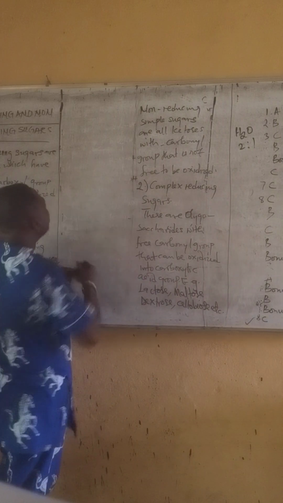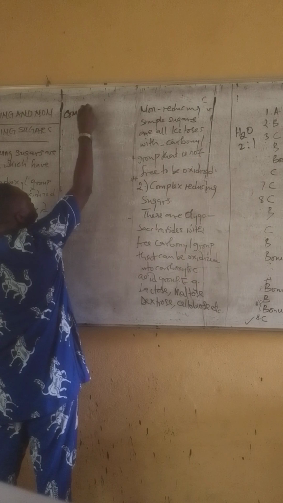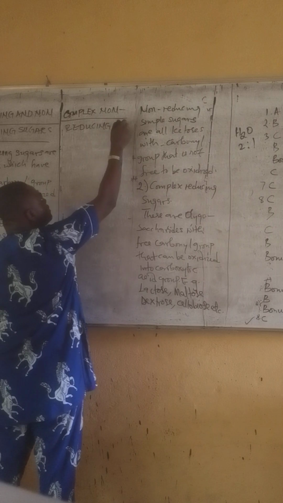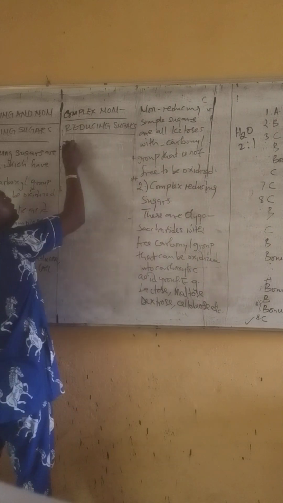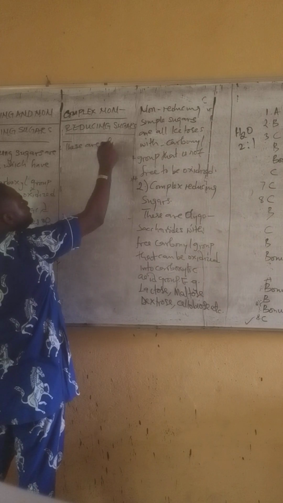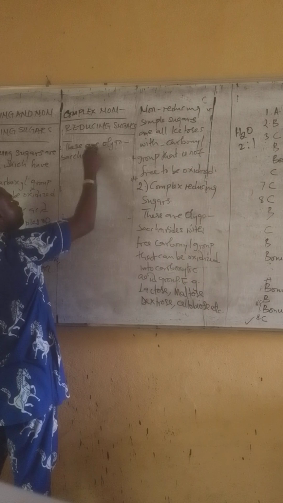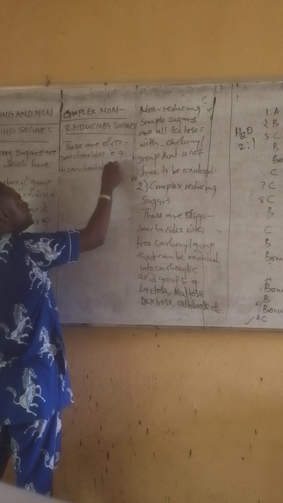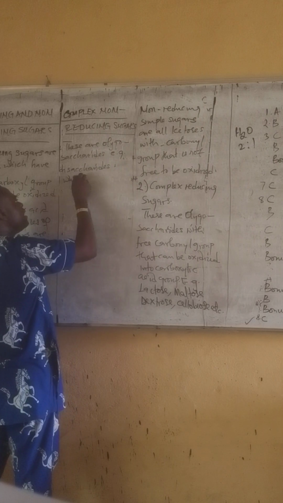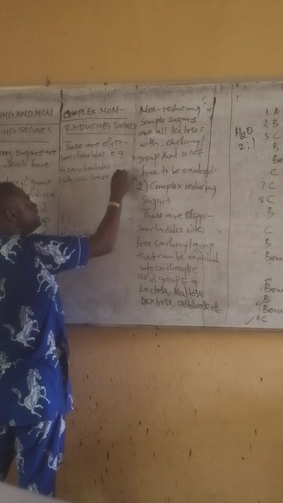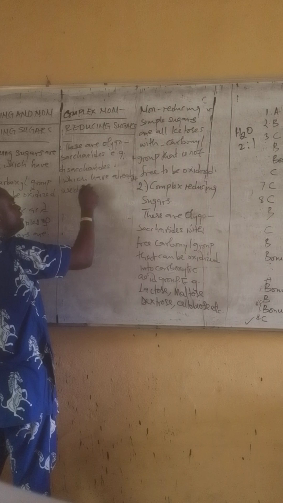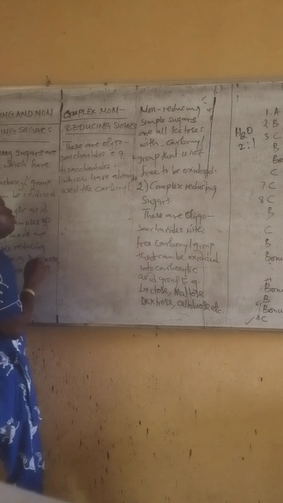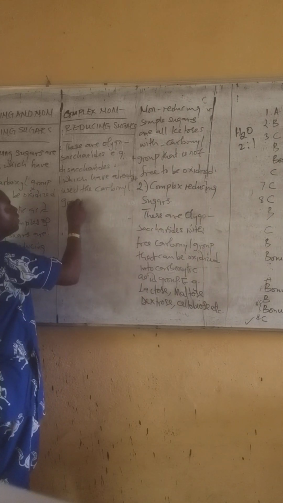Yeah, these ones are not complex non-reducing sugars. These are oligosaccharides, e.g. disaccharides, which have already used the carbonyl group of